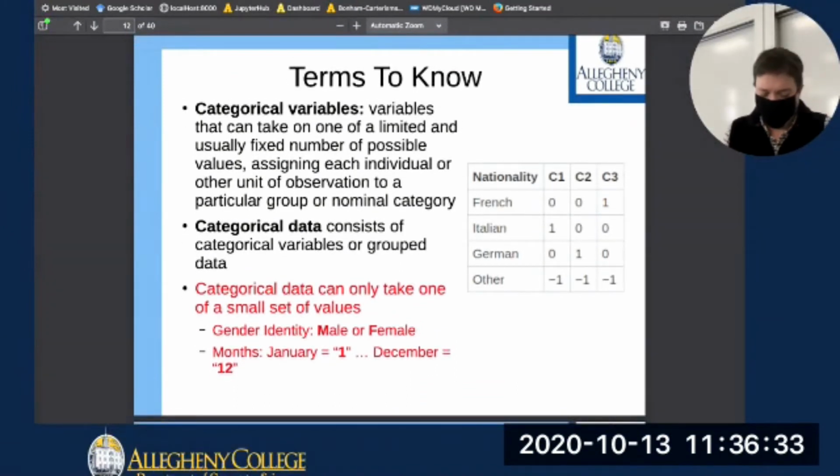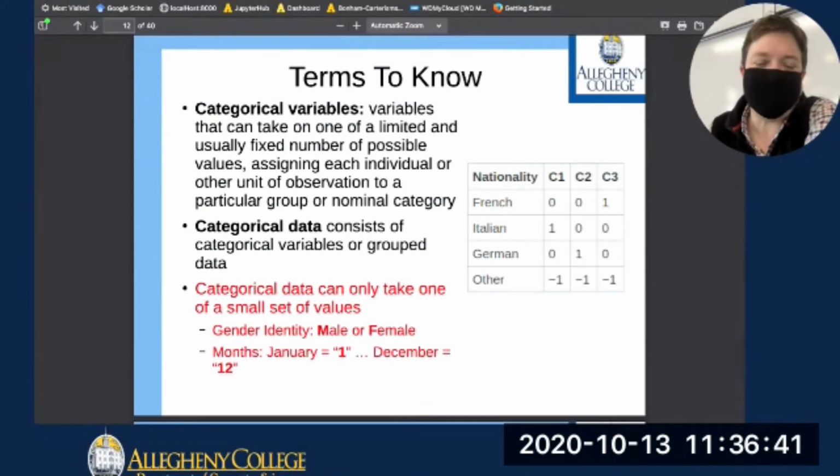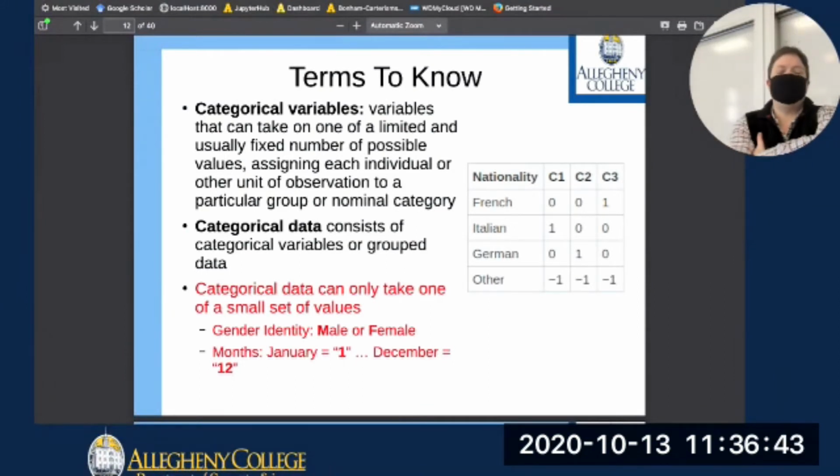Well, you're going to see that when you collect information, it's not all numerical, but you get categories. And so what is a category? A categorical variable is a variable that can only take on a limited number of defined states. It's a number of fixed possible values. So for instance, in this case,